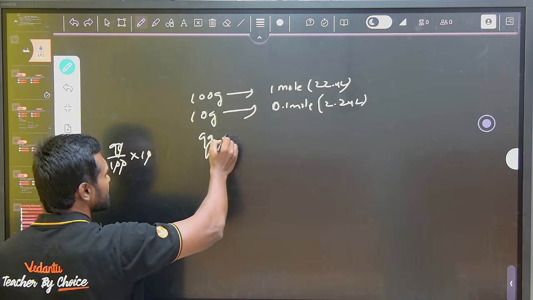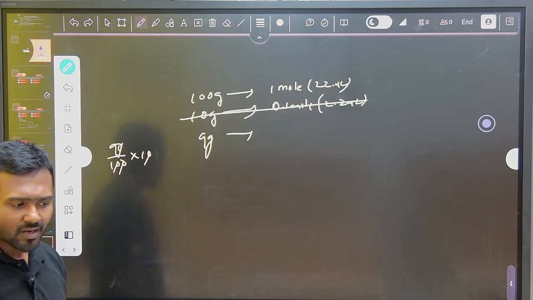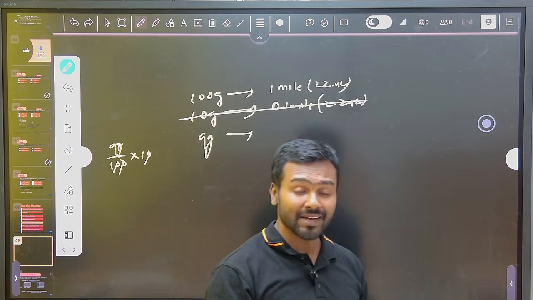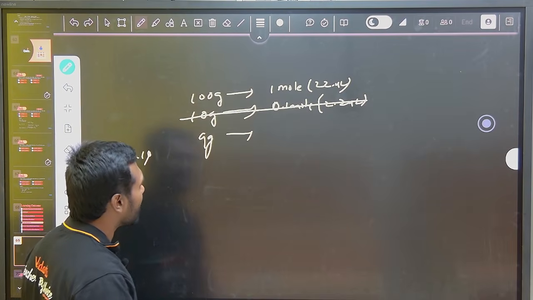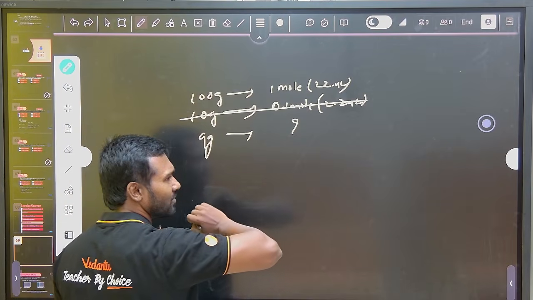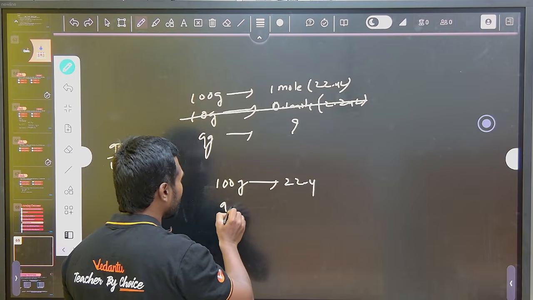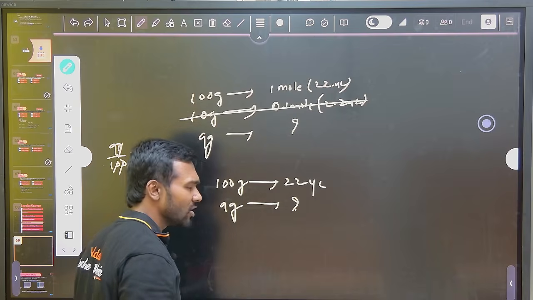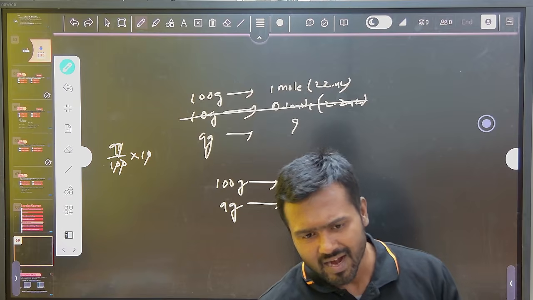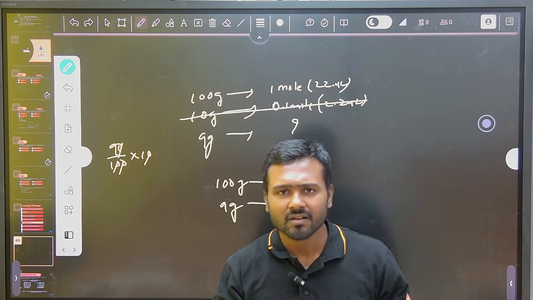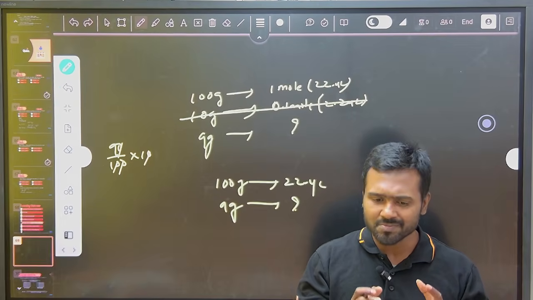So for 9 grams, here we should not consider this one because that is only for 100% pure. Now it is not 100% pure. They said only 90% is pure. So with 90% pure, 9 grams, how many moles or how much volume? For 100 grams, it is 22.4 liters. Then for 9 grams, how many liters? Volume, cross multiplication. So in this type of questions, they are giving that this is only that much purity. Whatever the complete compound weight is given is not the purity. So then we have to take only how much